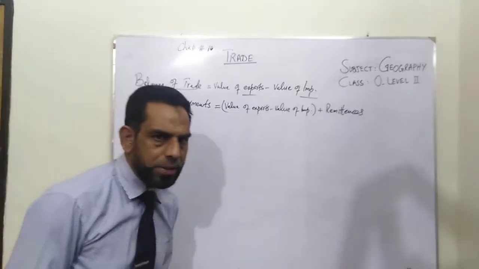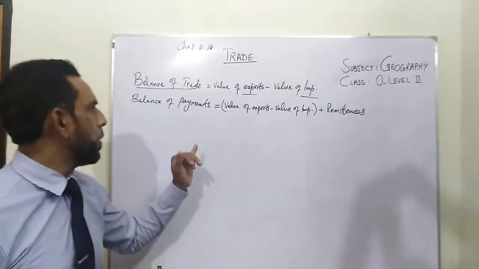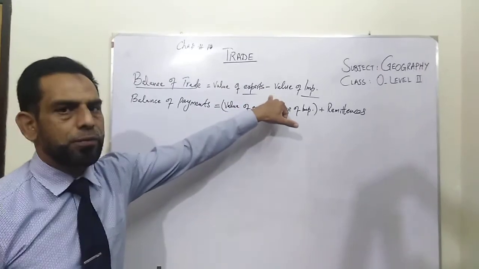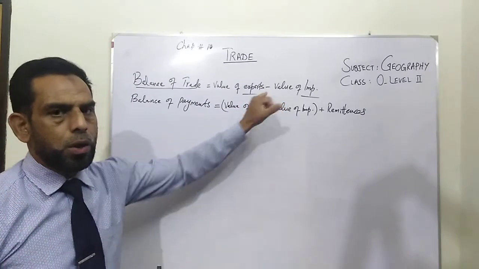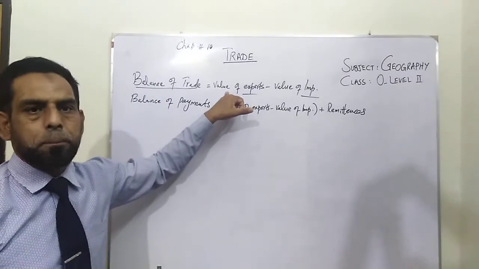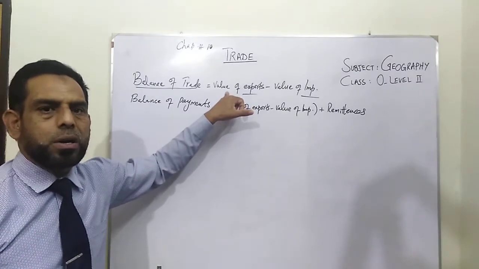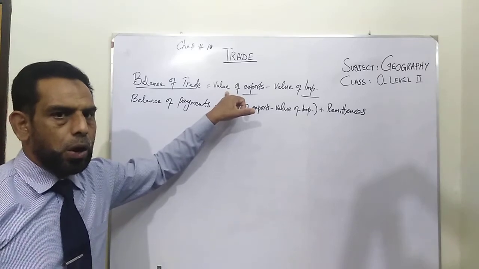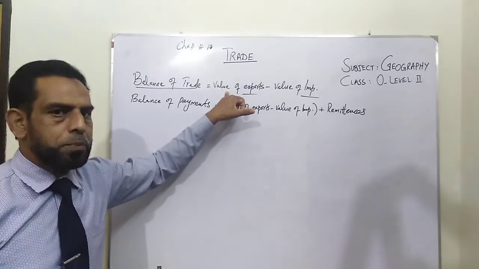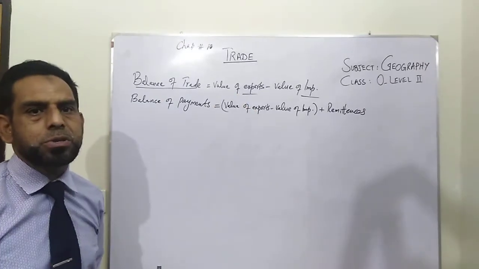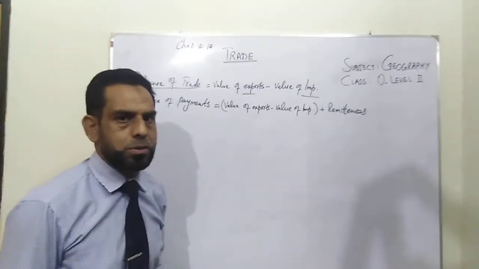So this balance of trade is to be determined with this formula. Balance of trade is equal to value of exports minus value of imports. So it's mainly value, not the bulk or the number of exports. Maybe we have bulk of export, but this bulk of export is mainly of primary goods or low value goods,